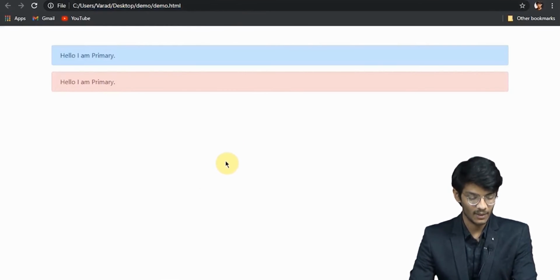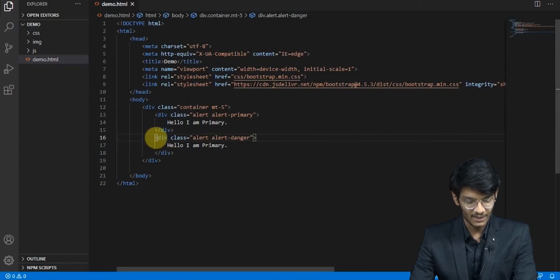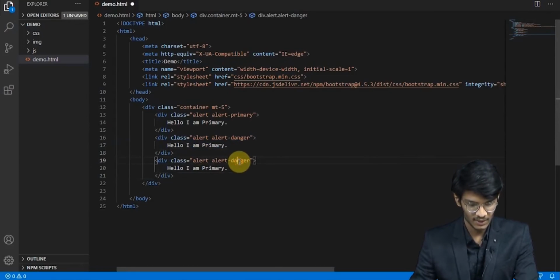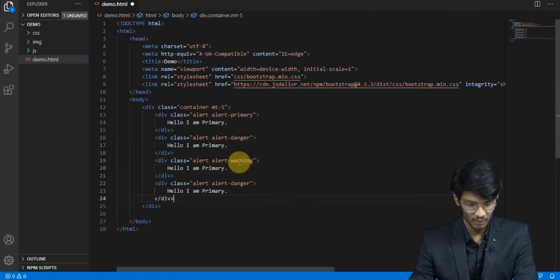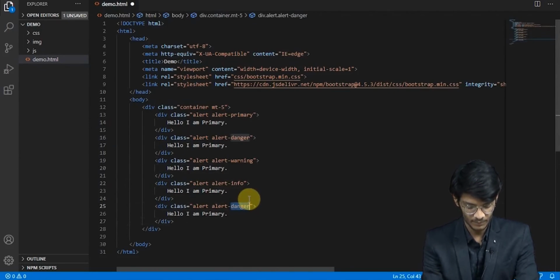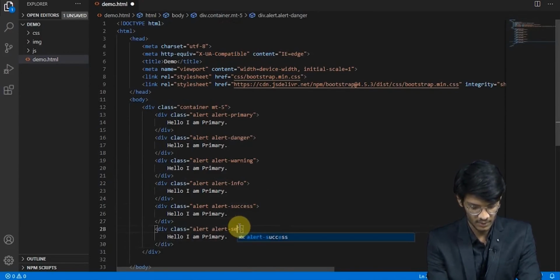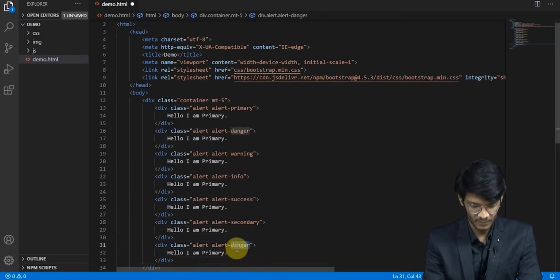We got a red alert box, and like this we can use all the contextual colors like warning, or info, or success, secondary, dark.